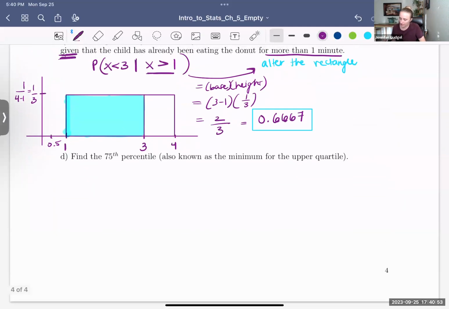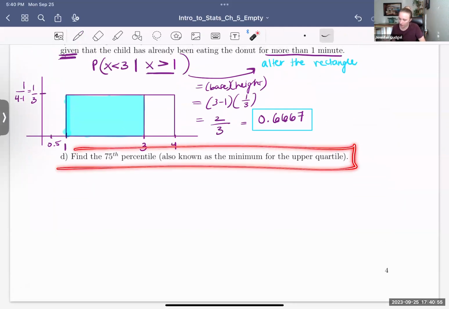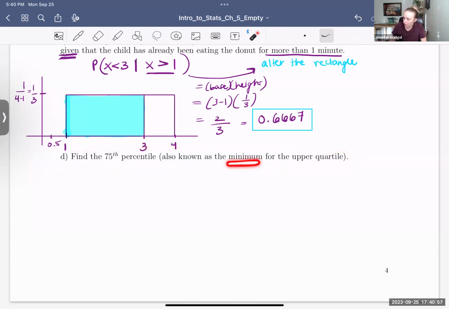All right, last but not least, let's practice one more percentile. And remember that this can also be called the minimum of the upper quartile. So our quartiles, we had our lower quartile was 0 to 25th percentile. So the maximum for the lower quartile would also be the 25th percentile. Okay, and I wrote this in here because I think one of your homework questions calls it that. Okay, if it asks for the minimum of the upper quartile, that's the same thing as the 75th percentile, because of our quarters,